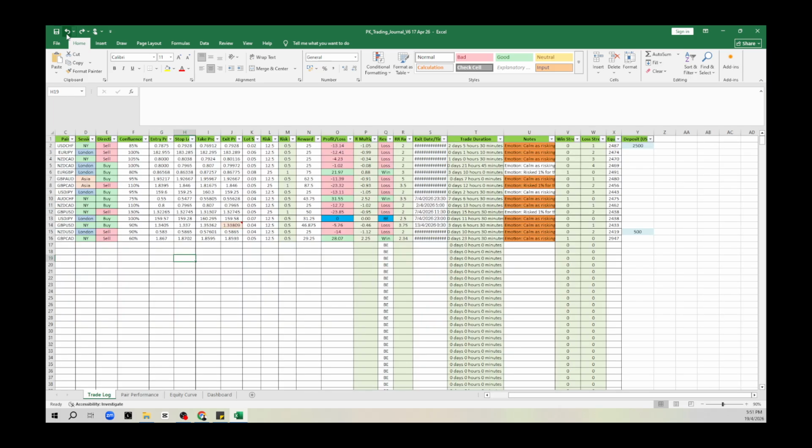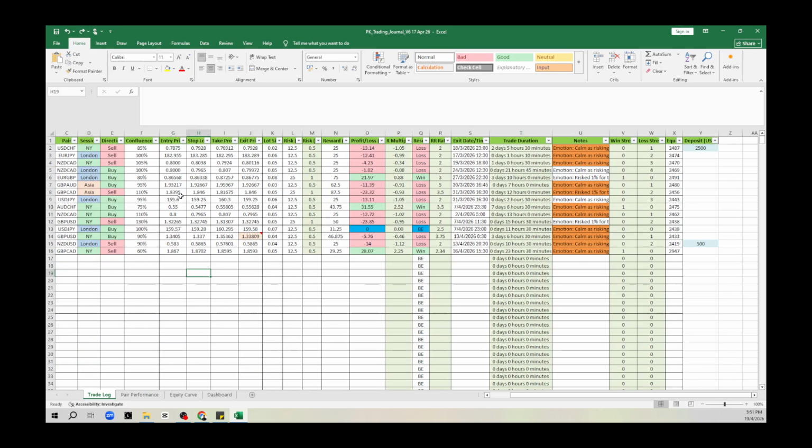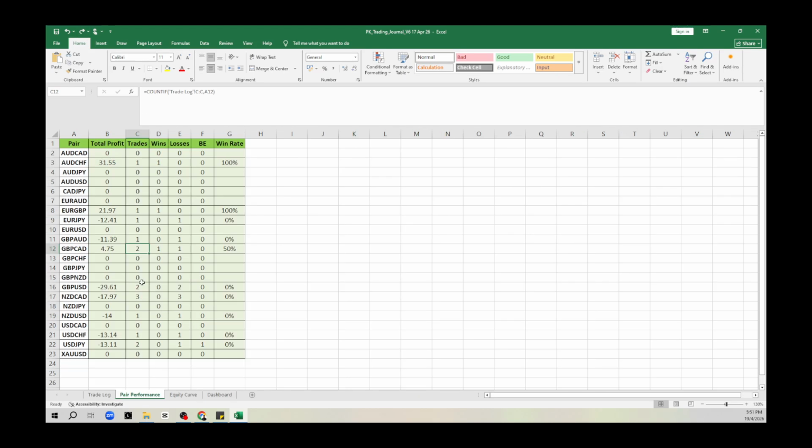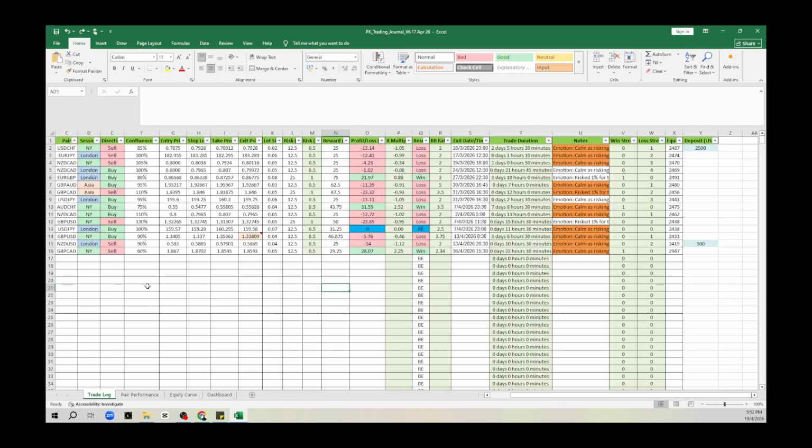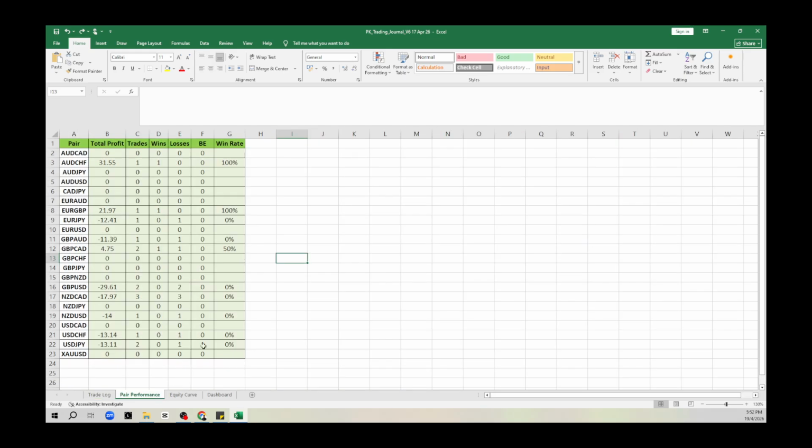And yeah, now coming back to this one, boom. Okay, so eventually we're going to keep building the trade logs completely over here until we reach about, let's say, 50 trades. And when we are at 50 trades, we can always come back to this pair performance and see what are the trades that we are constantly taking, what are the pairs that we are never trading at all, what's the reason behind it, and